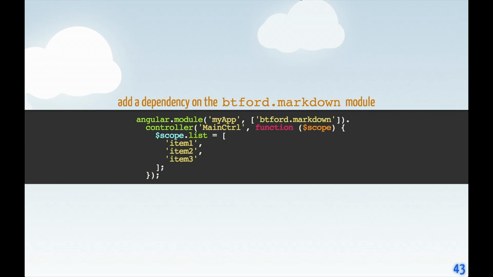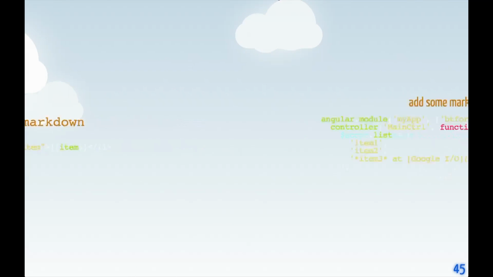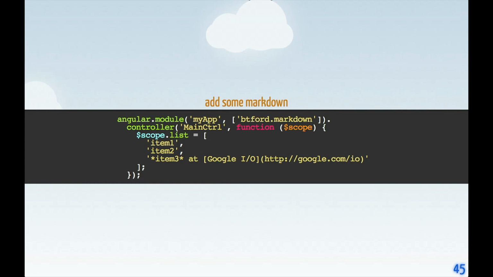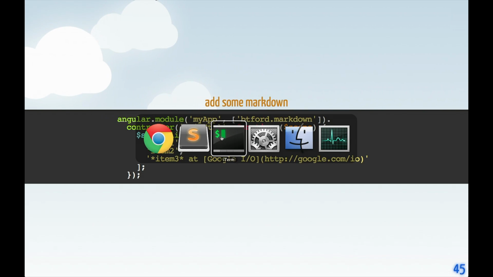So we can add that module now as a dependency. It's already been included as a script tag, so it's now available. So we can include it just like we would in a regular app. Make sure that we specify that this item will be parsed using that with the BTF markdown here, the latter part of that LI. And then just add some markdown. So in this case, on the last item, we're just making that some pretty basic markdown. And what that looks like